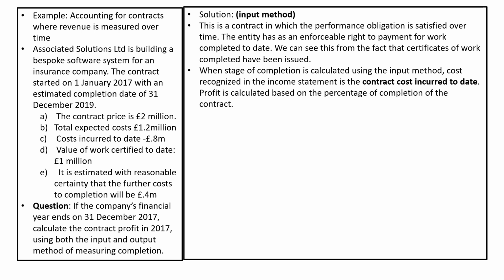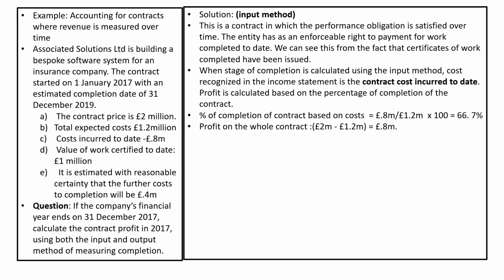When the stage of completion is calculated using the input method, costs recognized in the income statement is the contract cost incurred to date. Profit is calculated based on the percentage of completion of the contract. So the percentage of completion of contract based on cost is 0.8 million divided by the total cost of 1.2 million times 100, and you get